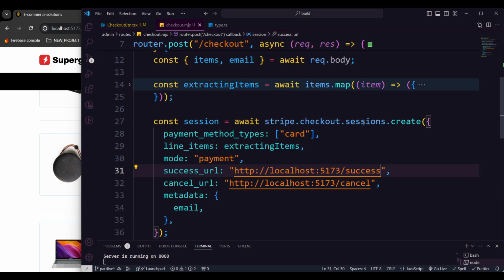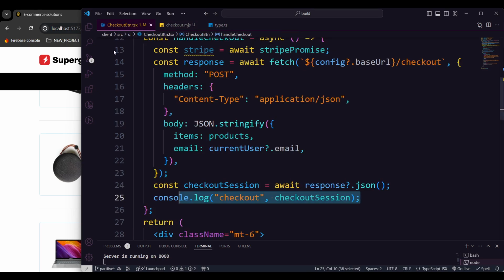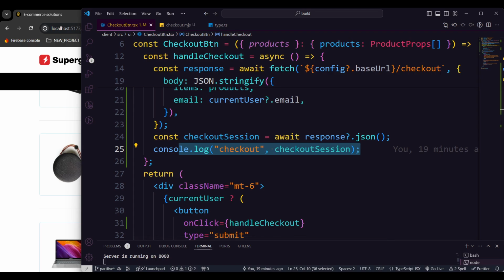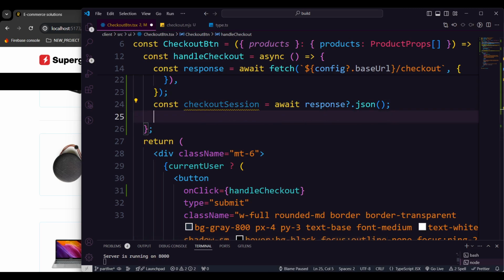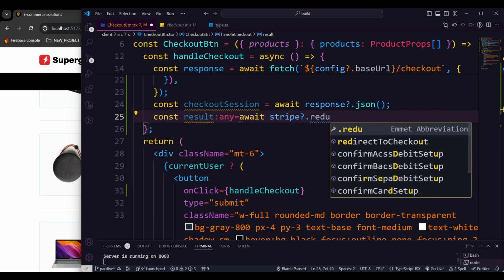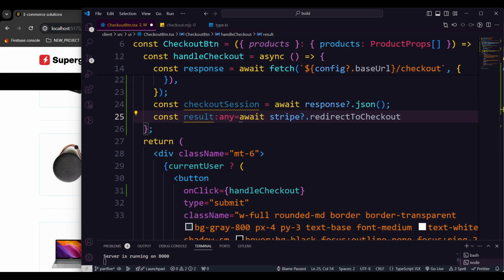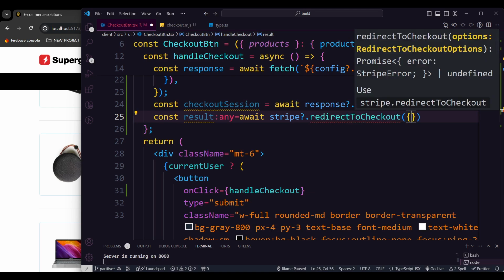So we will go with the functionality the way Stripe does it, which serves us better for these purposes. To create that session, I'm going to take a variable to see the result. Of course I don't need that one, but just to see. Now I'm going to await, and remember we have Stripe at the top, so I'm going to make that redirect to checkout. In that redirect to checkout, remember we have session, so in the session ID we need to provide the